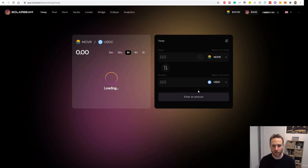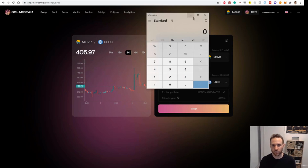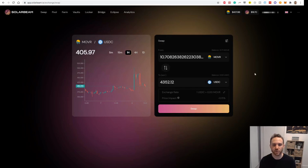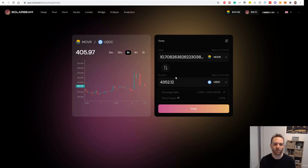So let's go ahead there. What I might do is, we've got roughly about $4,300. I've decided to put $3,000 of this into the liquidity provider token, and just leave basically $1,300 there if I want to use it for something else. So in order to do that, the first thing I need to do is buy about $1,500